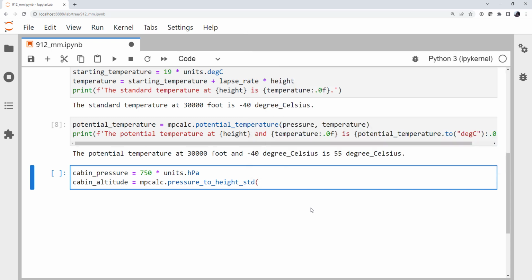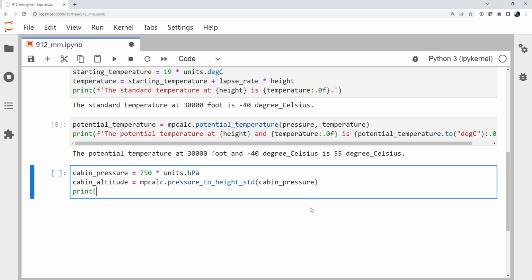And we see that takes a pressure based on standard atmosphere. So our cabin pressure. Print out our sentence. The cabin altitude at cabin pressure is